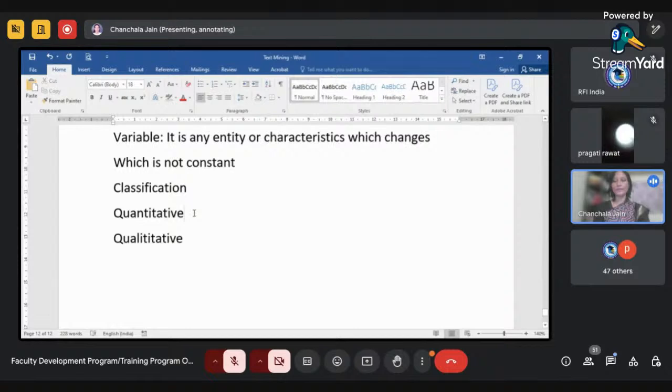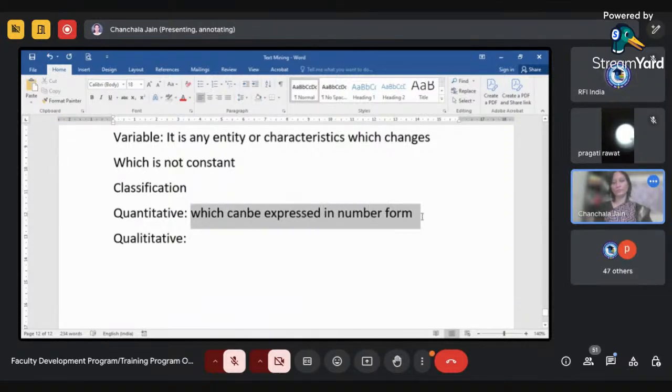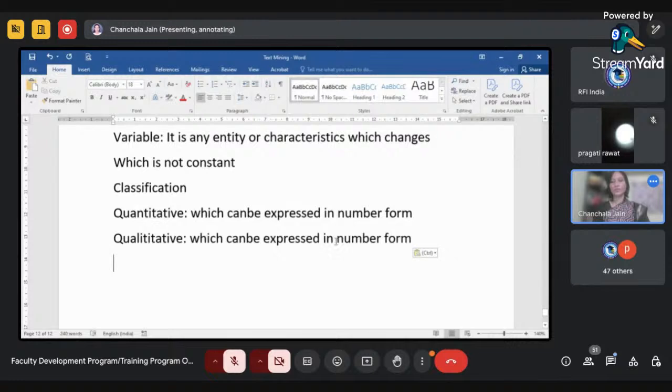Quantitative means that which can be expressed in numbers or number form, right? Qualitative means which cannot be expressed in number form. This is the very simple definition of these two, right?